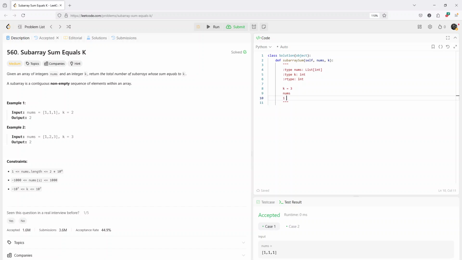So you got 1, 9, 14, minus 7, and so on. So let's say 1 and 9, that's 10. That's obviously not 3. 9 and 14 is 23. 1, 9 and 14. So basically we need the sum of the entire subarray